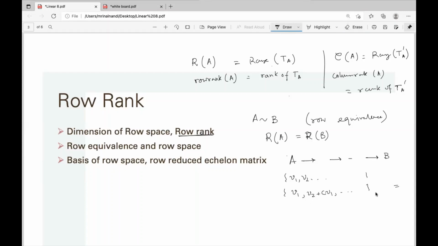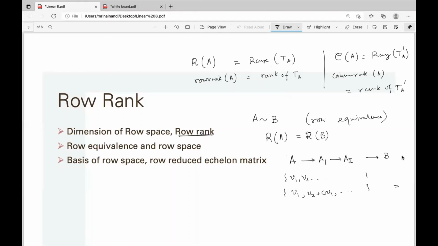And the second new set can be written as a linear combination of the old set. Another linear combination, again a linear combination. That's why these two sets have the same span, not the same generating set, the same span. So these two matrices have the same row space. Since A is equivalent to B, B equivalent to C, C equivalent to D, the row space of A is the same as the row space of A1, A2, and so the row space of A is the same as that of B.